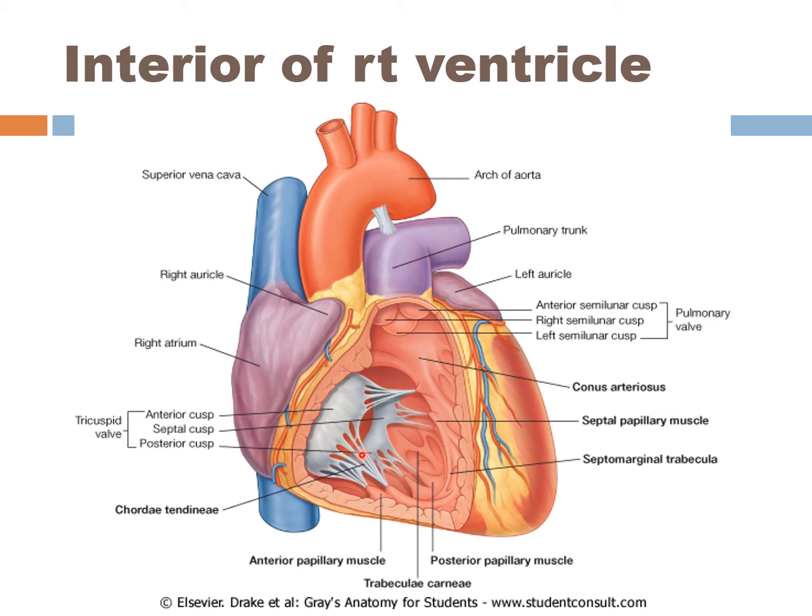Now the orifice. Some features of the inflow tract. First, in the inflow tract, what is there? The right atrioventricular orifice. What is its other name? The tricuspid valve. So the tricuspid valve is the right atrioventricular orifice. It is somewhat oval. What is its shape? Oval or circular in outline, depending upon the phase of the cardiac cycle, and is oriented almost vertically, making an angle of about 45 degrees with the sagittal plane. So this is the orifice, named the atrioventricular orifice.